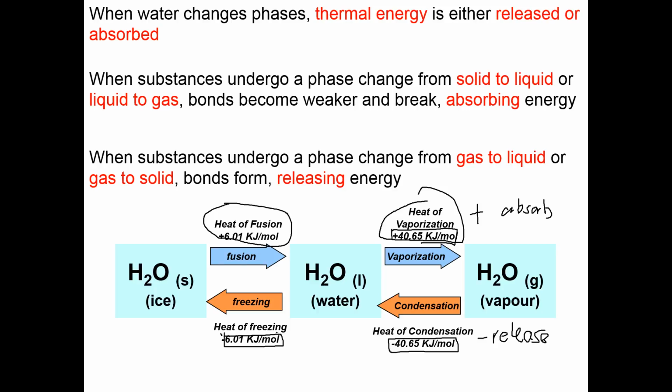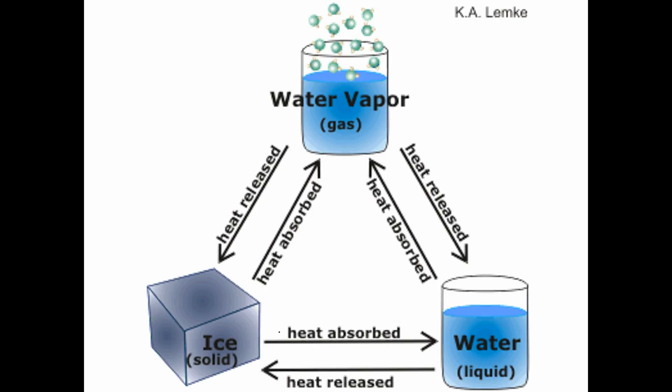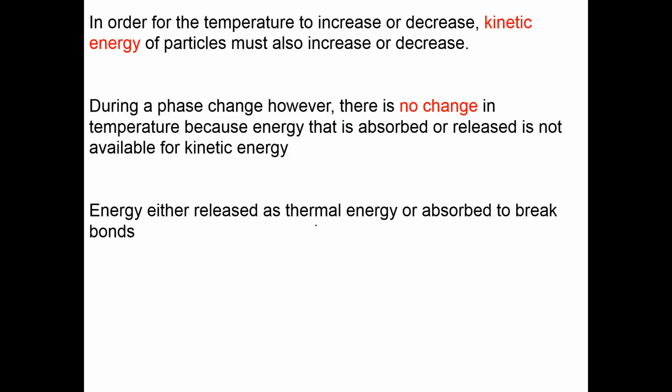Now, it would make no sense for us to remember a positive one and a negative one. We just remember which process should be positive and which process would be negative. So we only remember the heat of fusion and heat of vaporization, and just add a negative sign if the process is going in reverse. So if you want, in summary, this is the diagram. You might notice it is technically possible to go from solid directly to gaseous form. We'll not look at that in Science 10, but in Chemistry 20, it's a process that will be investigated.